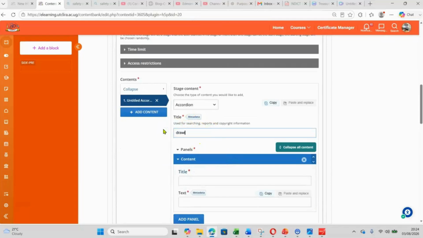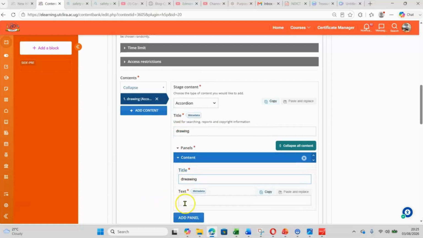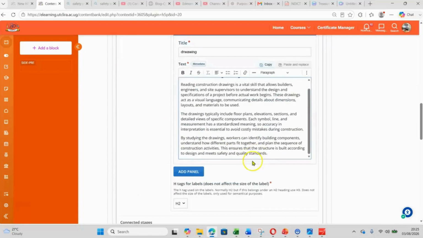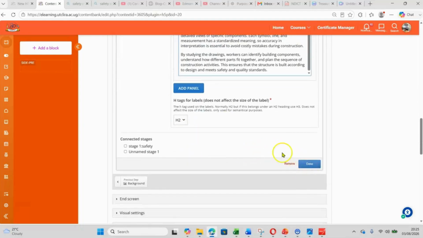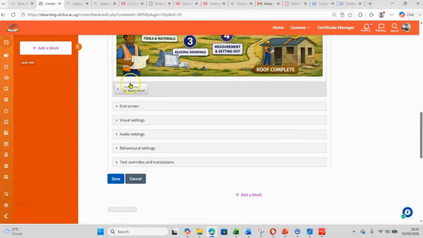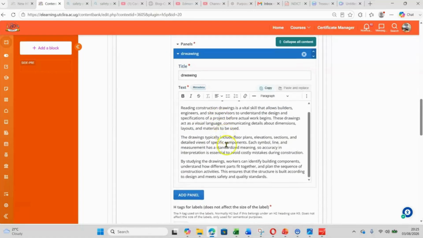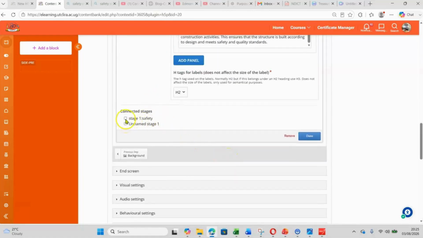This is drawing, then the text is this. Okay. You can add on other panels, but for purposes of saving time, we are stopping at that. Okay, so this is it here, and it will be connected to